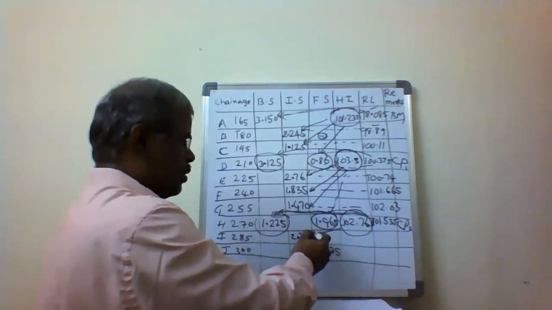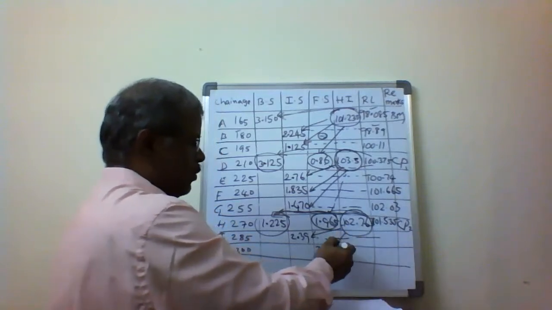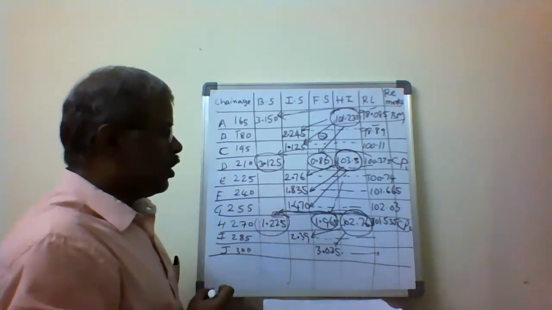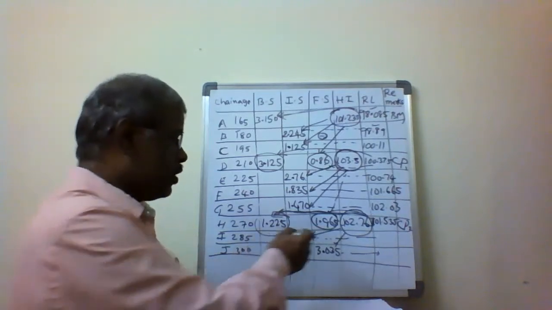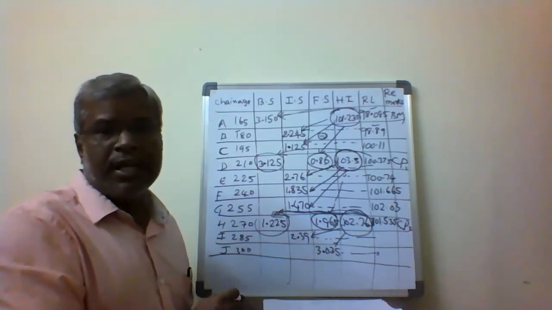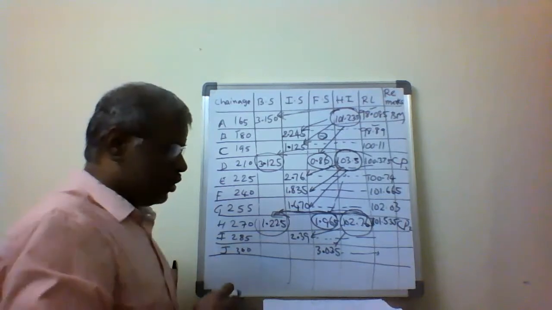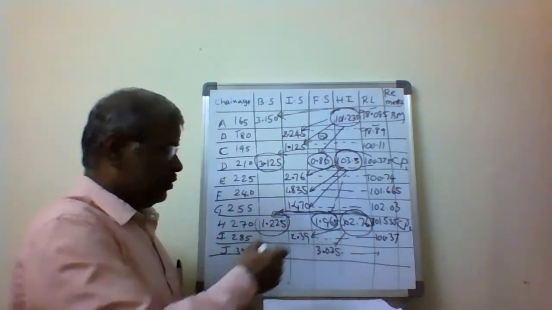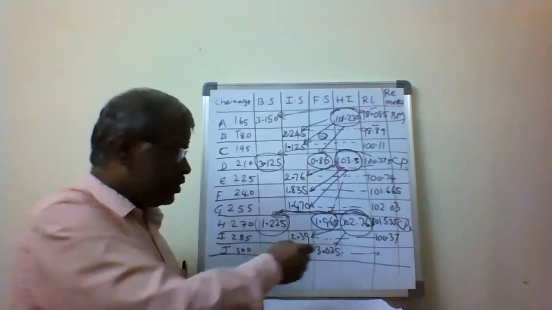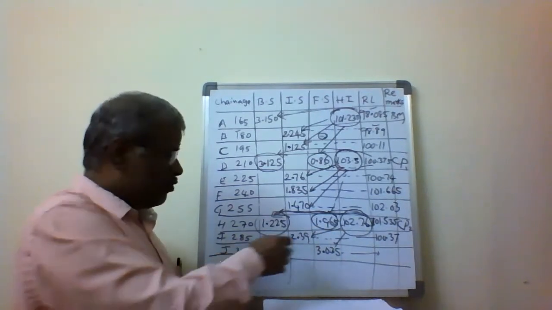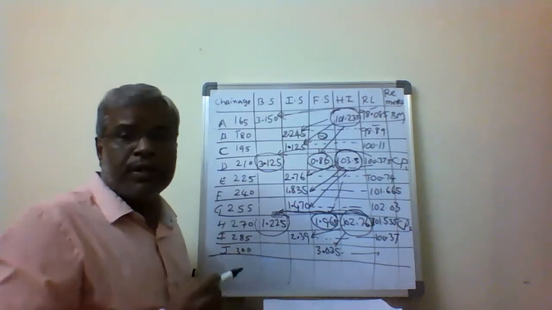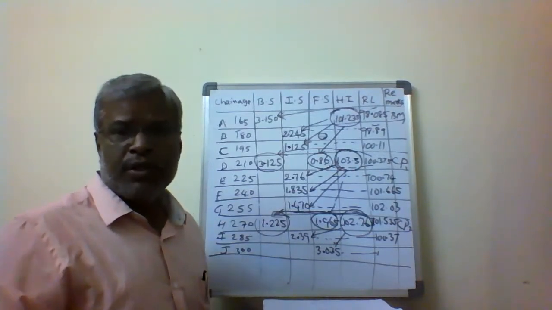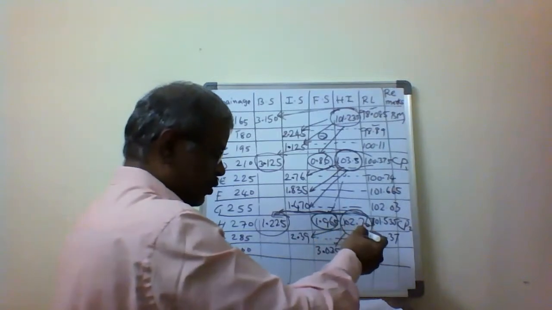From this we are going to be subtracting the elevation of the point. So 102.76 minus 2.39, that is the intermediate sight reading at the point, 2.39, gives 100.370. Then 102.76 minus 3.035, that is the foresight reading at the point J, the foresight reading at the 300 meters chain is 3.035. Then the reading is 99.725.